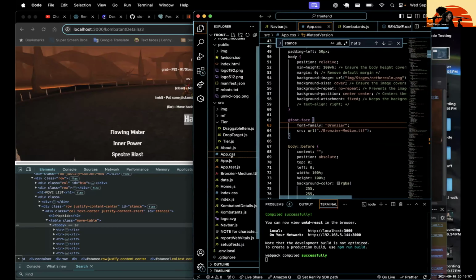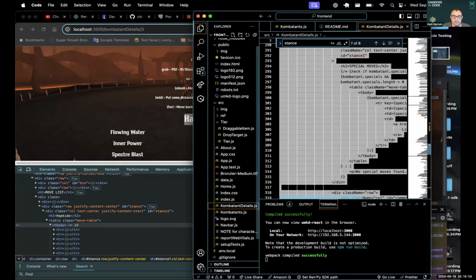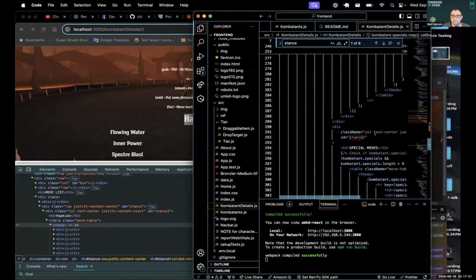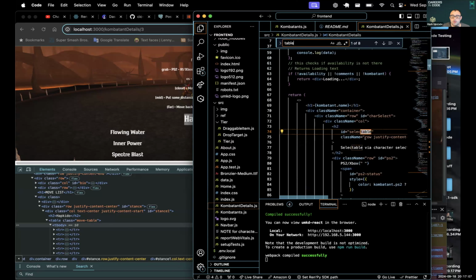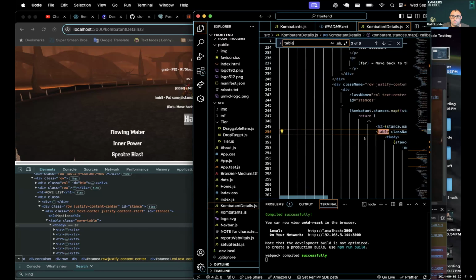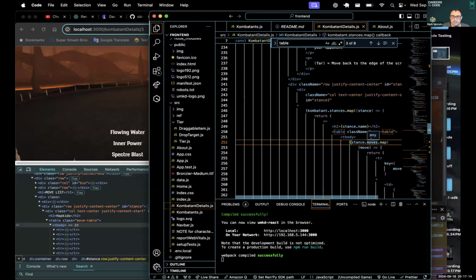So I think if we go to combatant details, and I'm going to work with the first table here. And I'm just going to play around with styling here to confirm what I'm thinking.